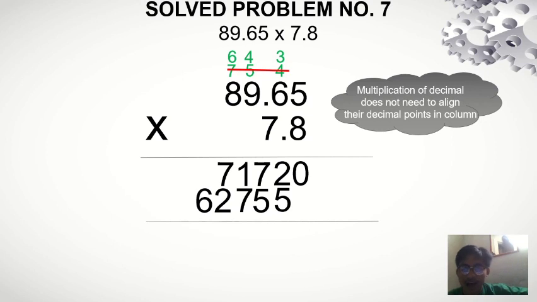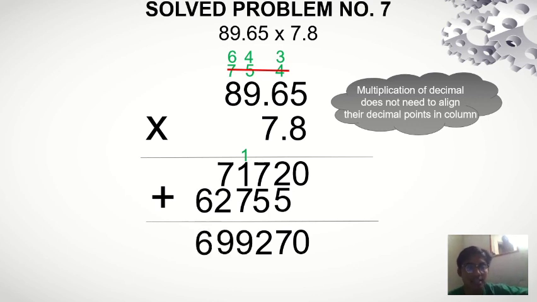Alright, let's add our partial products. Ito ay almost forgotten. So this is called a partial product. So you are going to add your partial product to get your final product. So bring down 0, is 2 plus 5 is 7. 7 plus 5 is 12. Carry 1. 1 plus 1 is 2 plus 7, 9. 7 plus 2 is 9. Then bring down 6. We have,